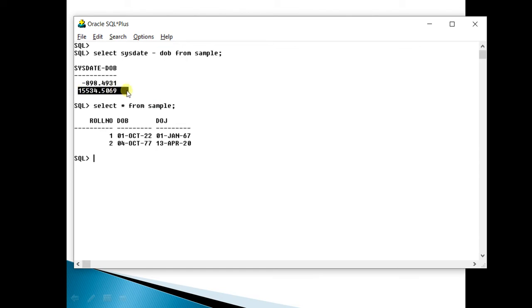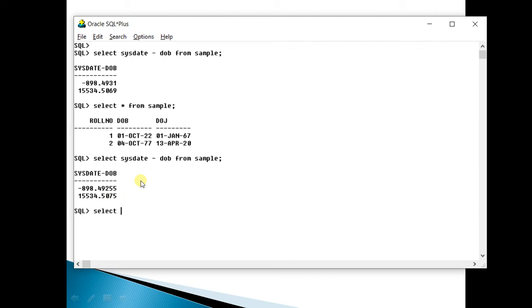So it's a complex number. Now the question comes, suppose you want to see how many years old this student is. You must remember from the ER diagram that date of birth is a stored attribute and age is a derived attribute. What we can do is select sysdate minus date of birth from sample. It has given you this, but these are the number of days. So you have to apply certain logic.